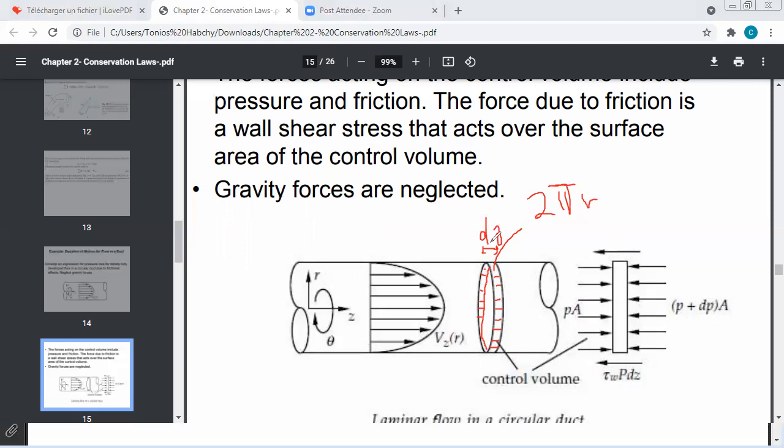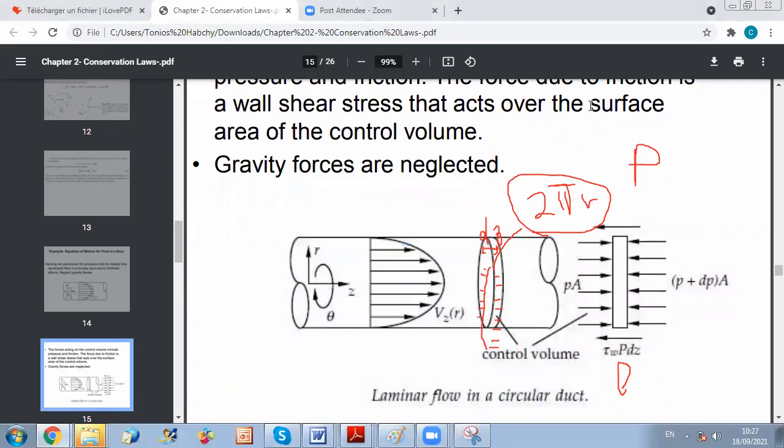Of course, this analysis can be extrapolated to any geometry. Here we are considering circular ducts. If we have, let's say, a square duct or any other type of duct, you just have to replace 2 pi r by the perimeter p. So to have a general demonstration, we will put it as a function of the perimeter p. If it's a circular duct, then you replace p by 2 pi r. So now, after having presented all my forces, I am ready to write the momentum equation. So when we write the momentum equation,